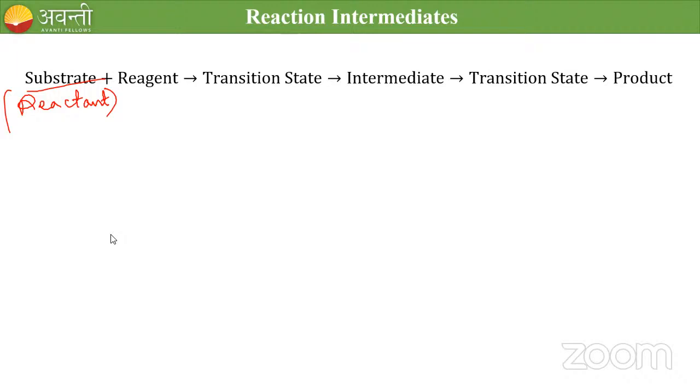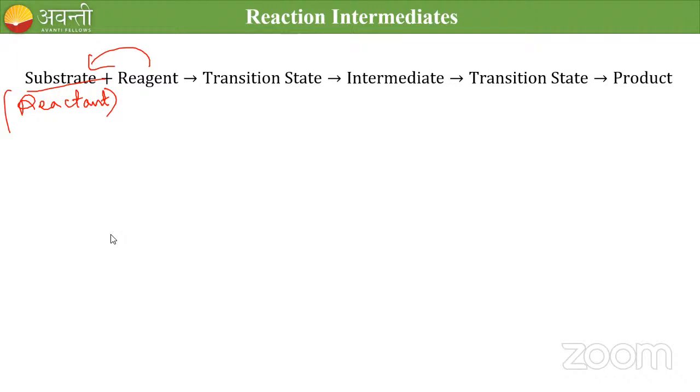A reagent will come and attack this reactant, and because of this, we will get a transition state. In some cases only we will get a transition state, not in all cases. The transition state will be converted to an intermediate, and again the intermediate will be transferred to another transition state. And finally, it leads to the formation of